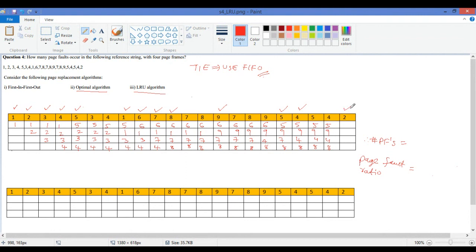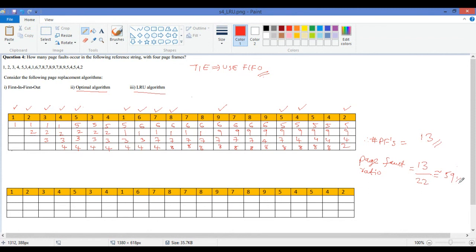But 2, there is a page fault. But who is the candidate for replacement? You see in the past 4, 5, and 9. Okay, 4, 5, and 9 are not removed. It means I have to remove 8, replace it with 2. Okay. So total page faults: 1, 2, 3, 4, 5, 6, 7, 8, 9, 10, 11, 12, 13. The 13 page faults. My page fault ratio is 13 by 22. Again, I think you'll get nearly 59% page faults.